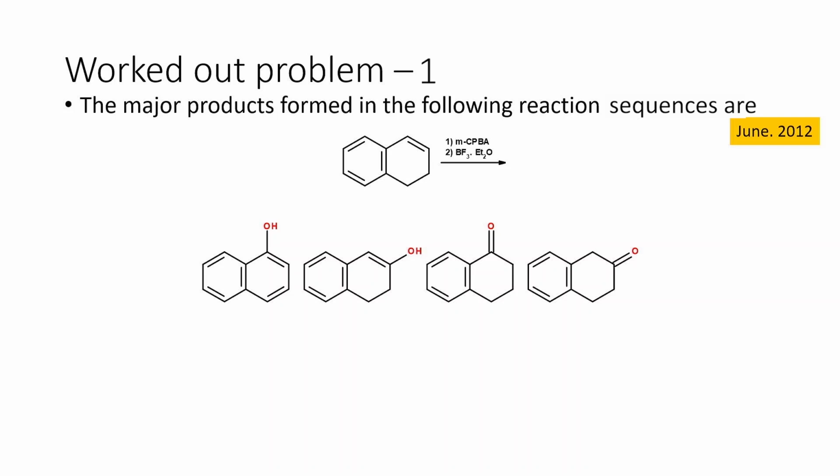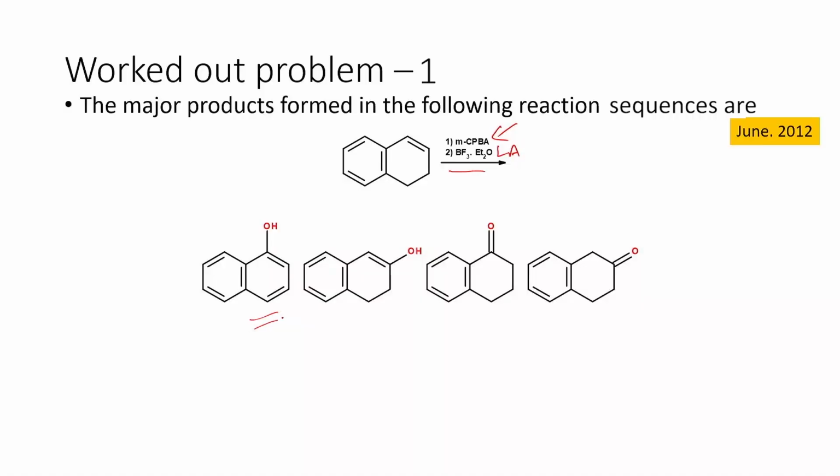So the major product formed in the following reaction sequence: first, we have an alkene that is given here, and this is treated with metachloroperoxybenzoic acid, followed by reaction with BF3 etherate. This is nothing but the Lewis acid. So the MCPBA reaction will generally give an epoxide, and once the epoxide is formed, we are going to see how the Lewis acid is going to interact with the epoxide